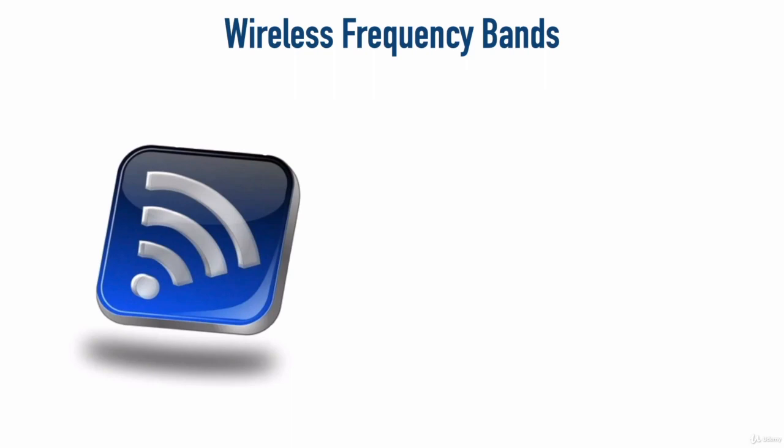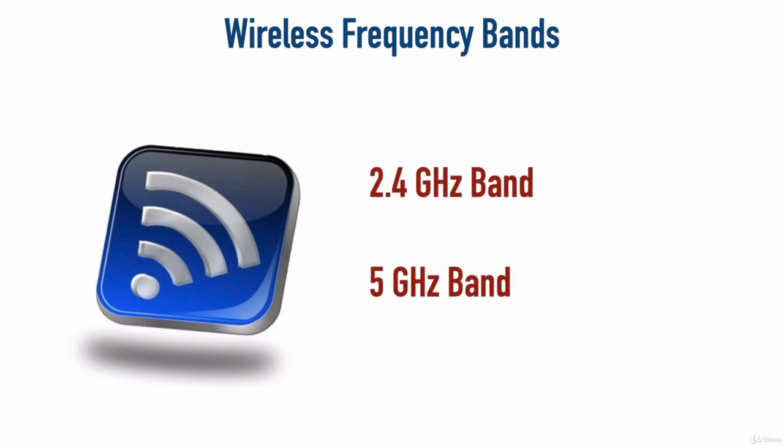Wireless networks use frequencies in one of two bands primarily. Those are the 2.4 gigahertz band and the 5 gigahertz band. And when you're doing your configuration on your access points, you may be in different configuration modes, one for 2.4 gigahertz and one for 5 gigahertz. So I wanted you to be aware that these are the two ranges that exist, but also be aware that